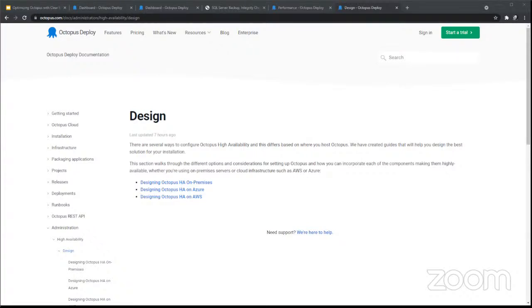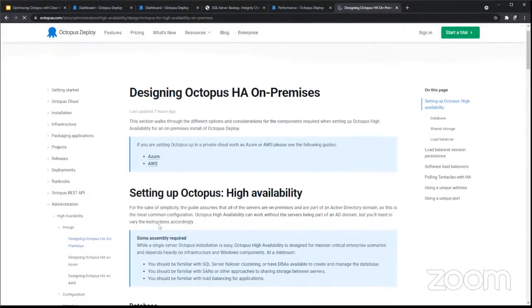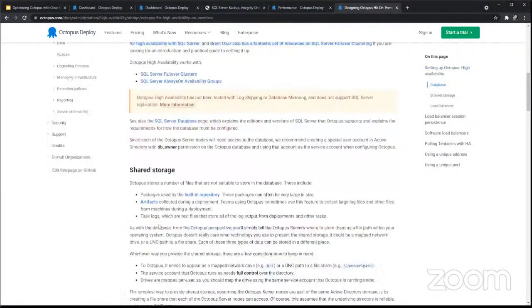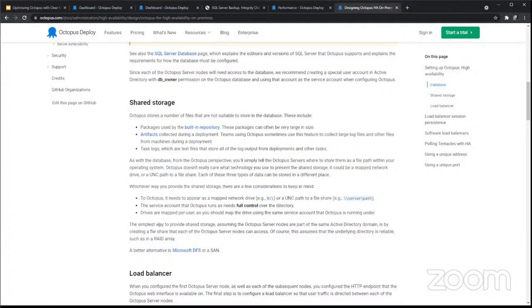Polling tentacles on high availability can get confusing, so make sure you understand how they work. Going through those docs is something I would recommend a lot. Yeah, there's lots to it. The main thing, obviously, when you are doing high availability as well, a tip that I would give you is